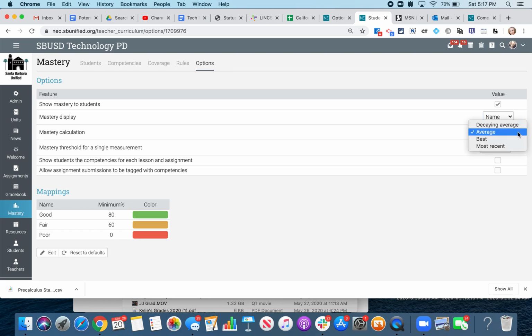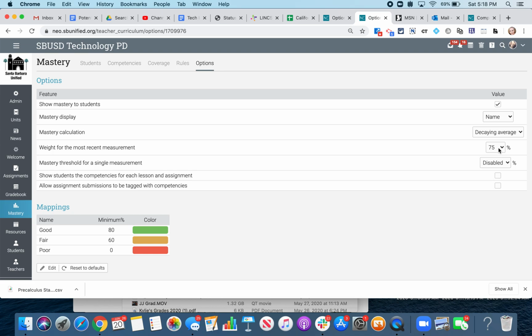Mastery calculation, you have a few options here. You can have them average every assignment that you give within that. So it just averages all of the scores together, and then you would assess mastery off of that. You can either have it just take the best one, or the most recent one. This decaying average is a little bit different. If you set a percentage to this, so let's say we choose decaying average, it's going to make you then